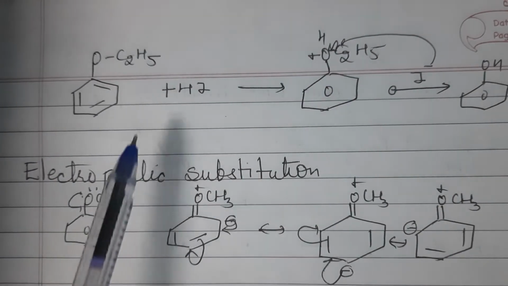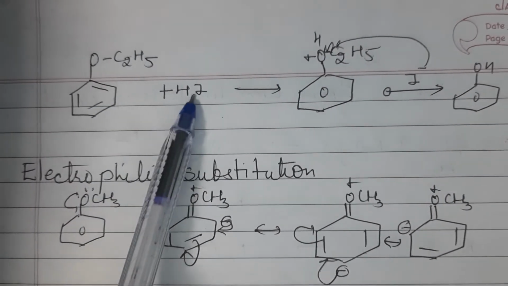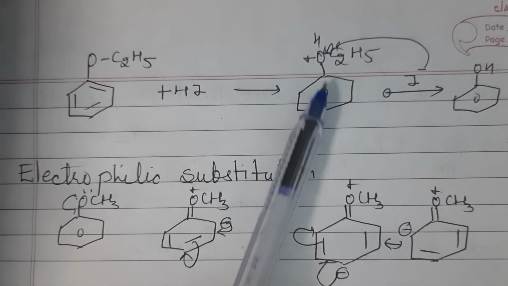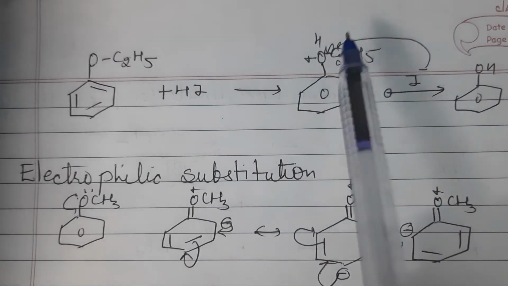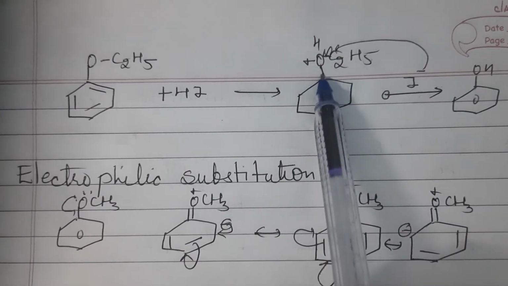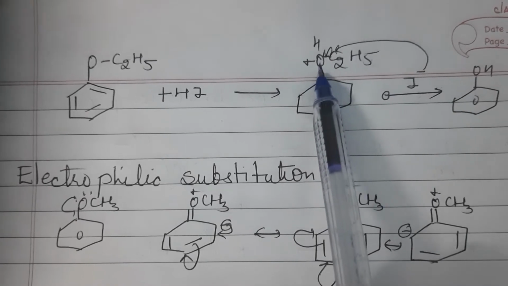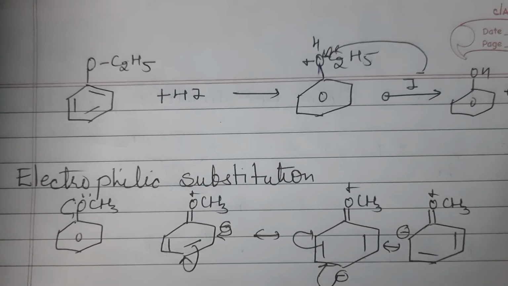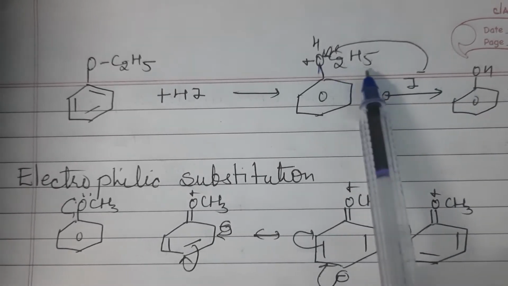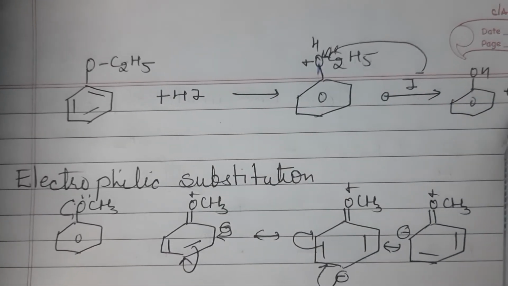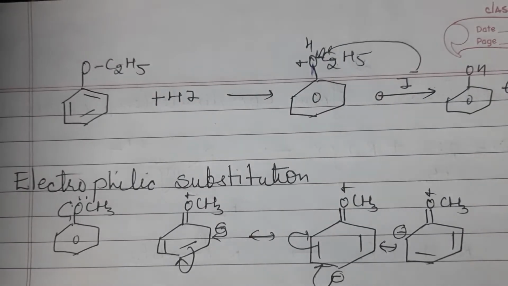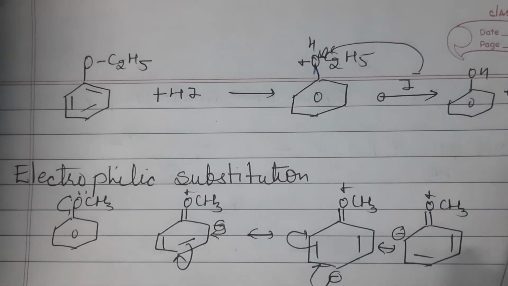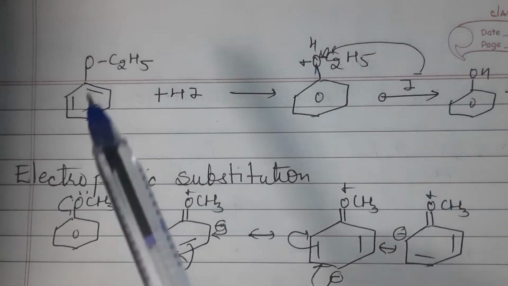In case of aromatic ether, first it undergoes protonation, and we get protonated ether. Then this bond will not break due to resonance, it shows some double bond character, so this other bond gets broken and we get ethyl iodide and phenol. So these are the main products. In aromatic ether we always get phenol as well as alkyl halide.